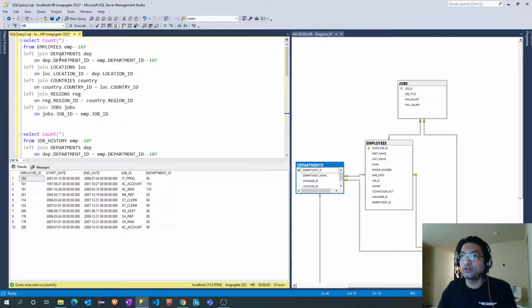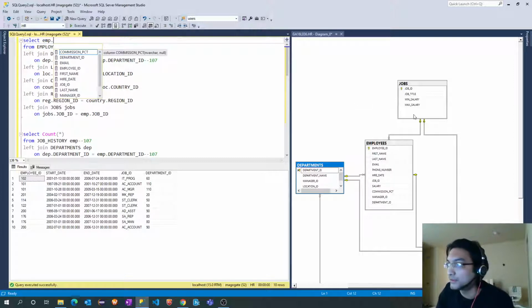Okay, so I will go back to this query. Let's see what all columns are needed from the employees table. So we definitely need employee ID, first name, last name, email, phone number, hire date.